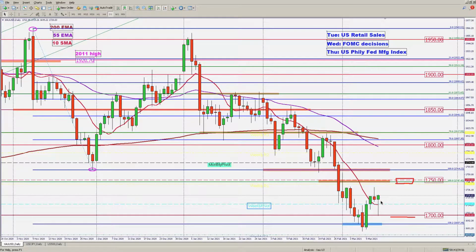and it has not been able to recover that strongly so far. So at the moment there is a demand at the 1700 area, but we will see whether it's able to reach the 1750. We'll take a look at the US dollar index in a while, but meanwhile, let's also take a look at the